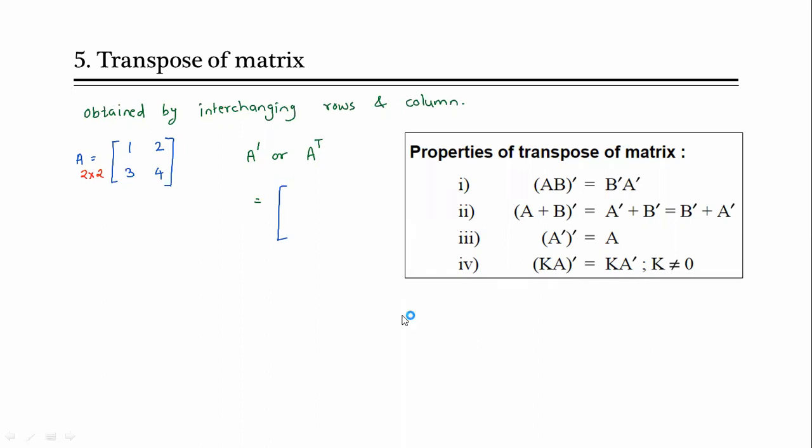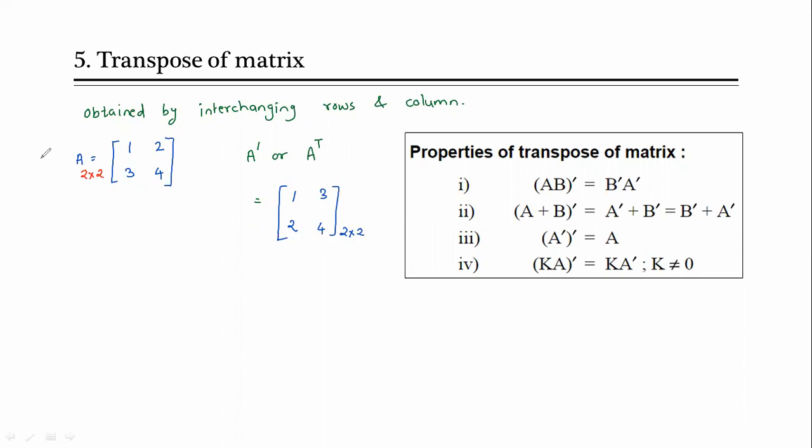this is the first row. Okay, 1, 2, this is what? First row. So, I am going to write this row as a column. So, it will be 1, 2. Next, this is the second row, which has elements 3, 4. This is R2. Now I am going to write this R2 as C2. That's it. This is called the transpose of a given matrix.